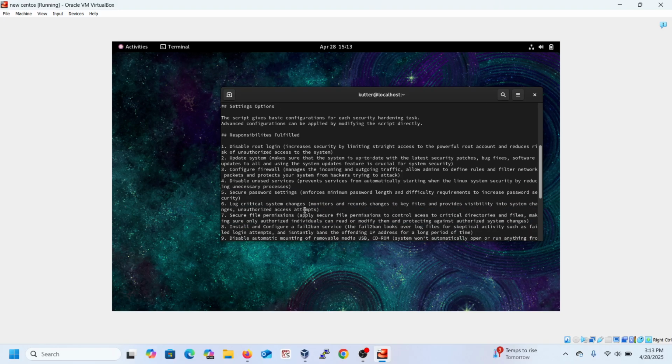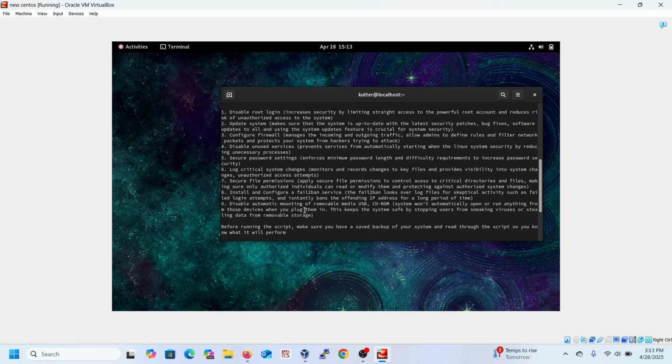So these are the responsibilities of what my hardening script does. The first step is disabling root login. This increases security by limiting direct access to the powerful root account and reduces the risk of unauthorized access to the system. The second thing I do here is update the system, making sure the system is up to date with the latest security patches, bug fixes, and software updates,